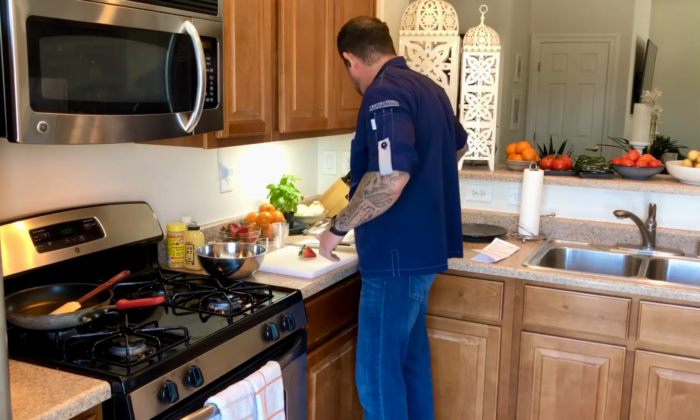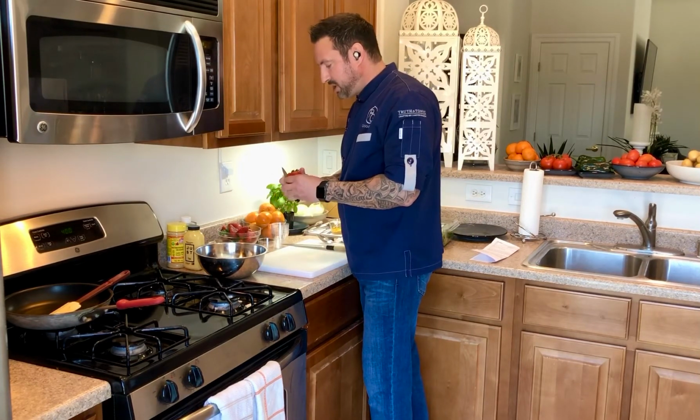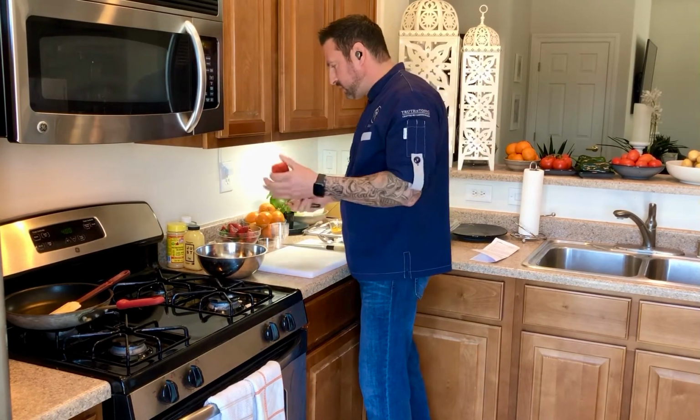Okay? Now I've washed my strawberries already. Very important, even with organic, you always want to wash them. Now people might think that you could wash off chemicals and pesticides and preservatives and all that stuff that's sprayed